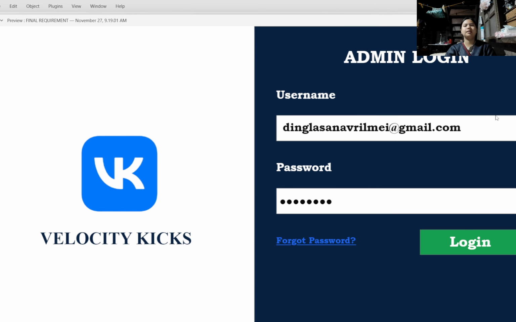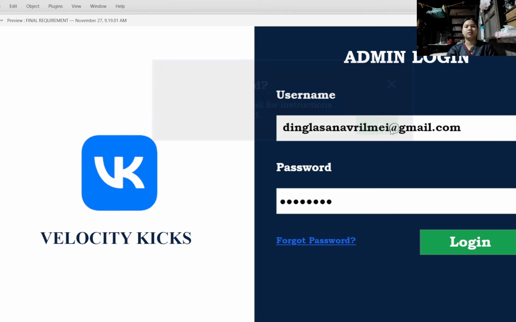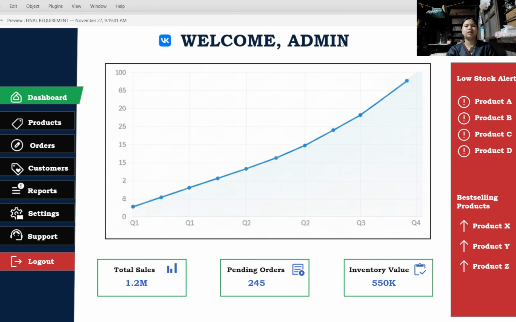This is the admin. When you click the login, there's a hover. When you click the forget password, as you can see, there's an animation here on the Velocity Kicks panel. Please check your email for instruction to reset your password. Click OK and then log in. It will go to the admin